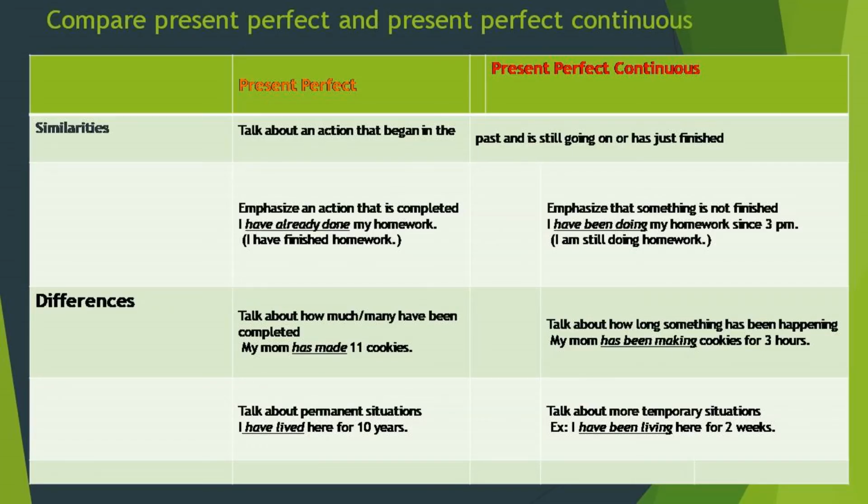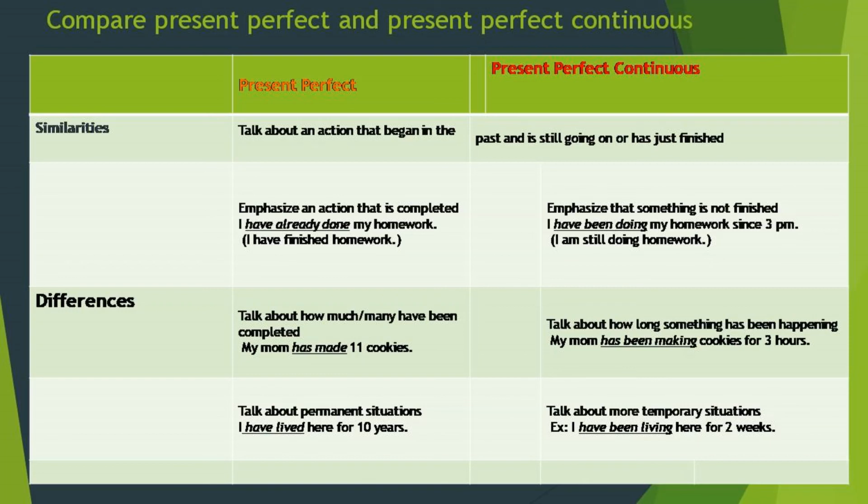We can make a comparative assessment so that our confusion gets cleared. There are similarities and differences between present perfect tense and present perfect continuous tense. So let's talk about the similarity first. In both cases, in present perfect tense or present perfect continuous tense, we talk about an action that began in the past and is still going, or has just finished but its result is still existing. In this case, either we have to use present perfect tense or present perfect continuous tense, but there are differences.